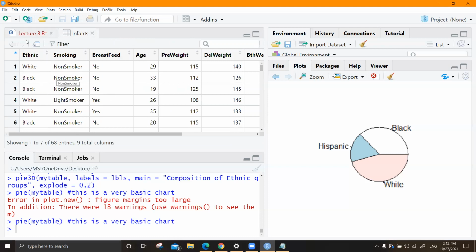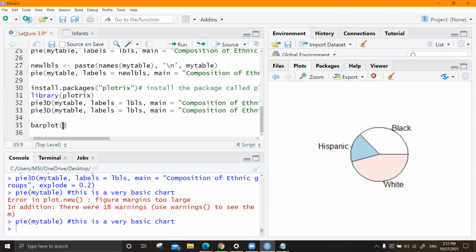You can import another data set, a new data set like this. You don't have to depend on the infants data set, right? From the web, you can download any data set and try this. That is how you practice. Because when you keep on doing the same data set, it is very monotonic and you will get bored, right? So try different data sets. That is up to you for your independent learning.